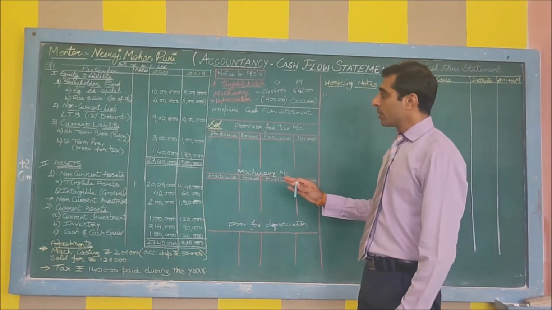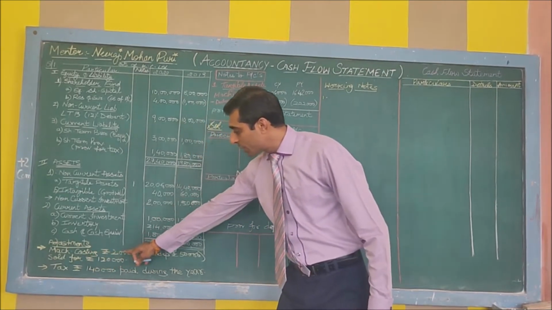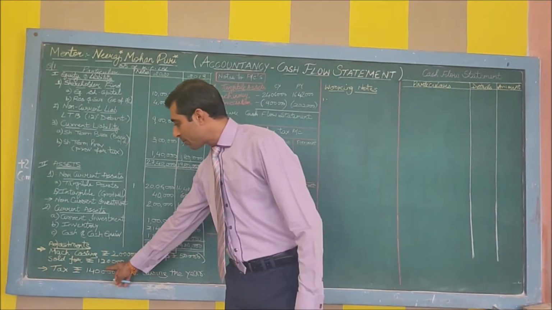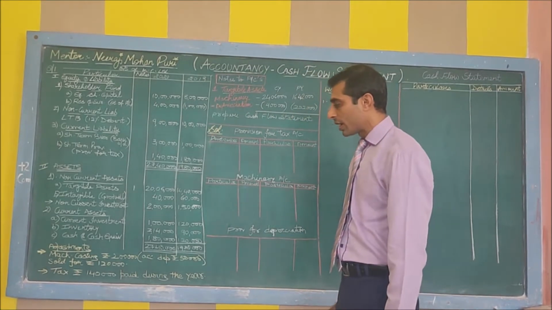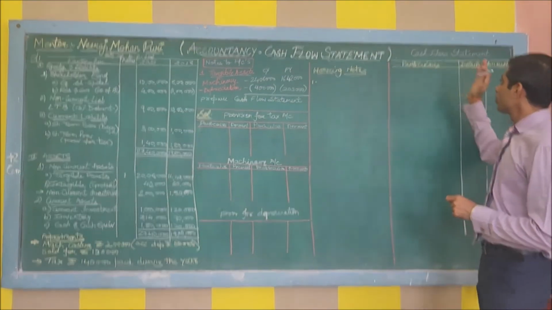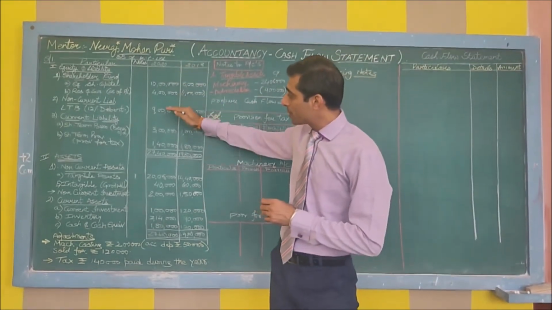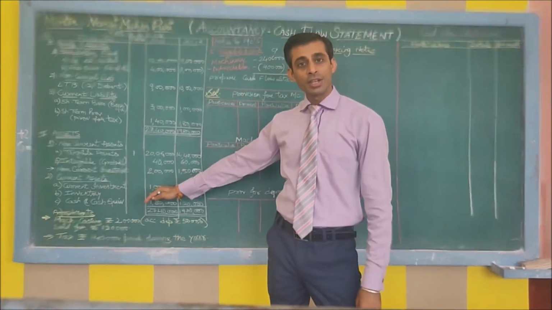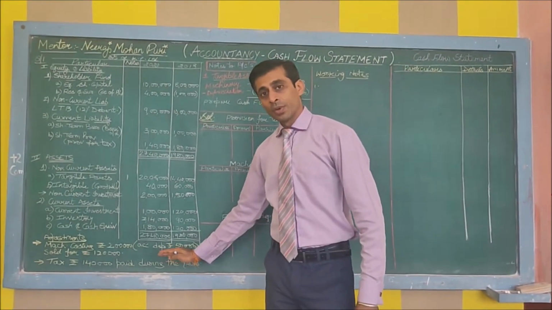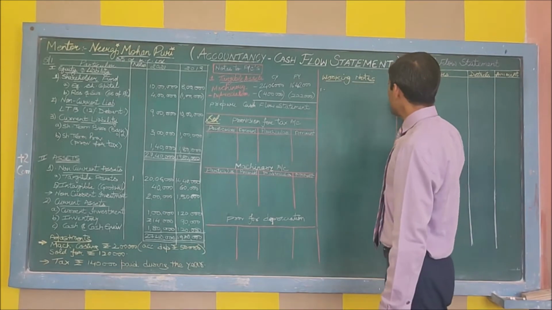To start our sum, we have some information about adjustments given about a machine costing rupees 2 lakh, there is depreciation information, and it is written that the machinery is sold for rupees 12,000. Stay tuned and understand how to prepare the cash flow statement. Before we start, first of all we should quickly have a glimpse of all the items given inside the balance sheet, notes to accounts, and then we should read the adjustments. Then after going through this, our first activity is operating activity.